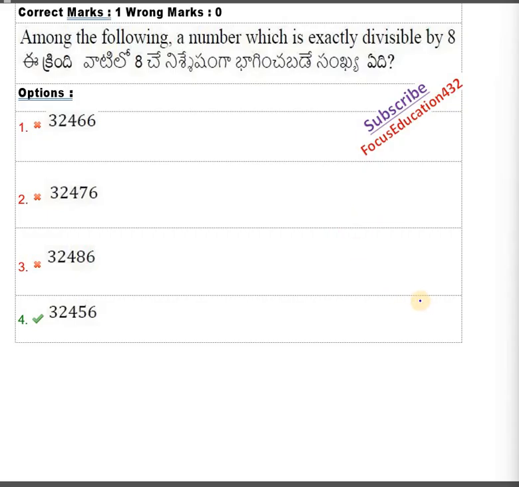What is the divisibility rule of 8? 8 means last 3 digits should be divisible by 8. Remember this rule, you have to remember the other numbers' rules also. If last 3 digits are divided by 8 perfectly,